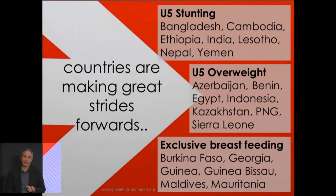But they're also starting from a very unpromising position. So it's not just the countries that are already doing well that are progressing quickly. It's countries that actually 15, 20 years ago were doing really rather badly. Ethiopia, I think, had a 59% stunting rate 15 or 20 years ago. Now it's down to the low 40s, I think, is the latest estimate. That's pretty impressive. Still really high, and the Ethiopians would be the first to acknowledge it's much too high, but